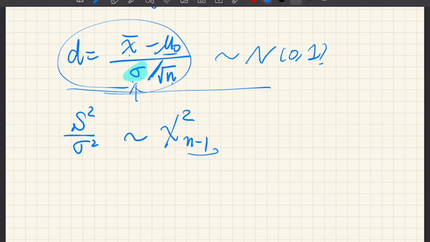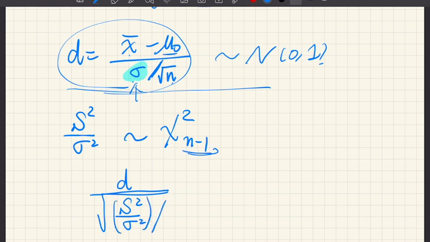So if we remember, the normal variate over the square root of the chi-square variate, all divided by the number of degrees of freedom,